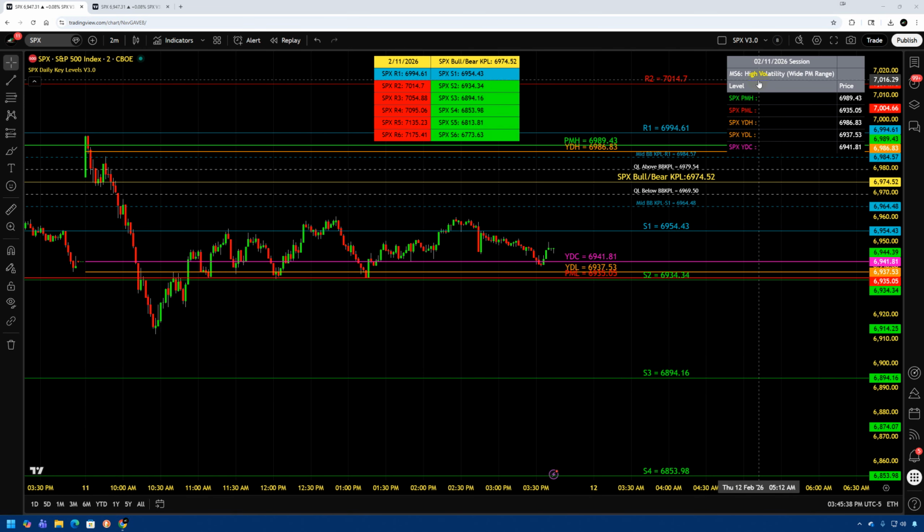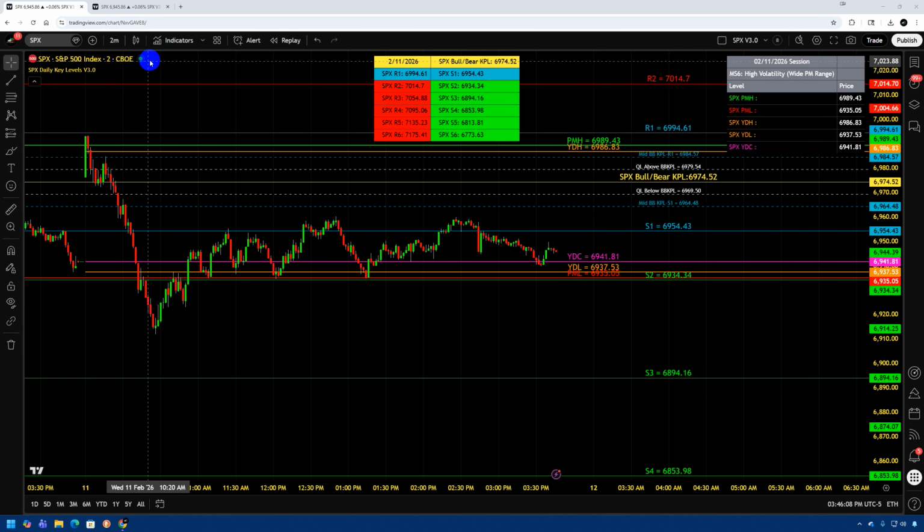As you can see here in the table for the PMH, PML, YDH, YDO, and YDC levels, we have the market scenario that we're in for today in one of the top sections of this particular table. So that gives you an easy reference if all you're looking to see is what market scenario we're in for this session. However, if you'd like more detailed information regarding the particular market scenario, you can simply go